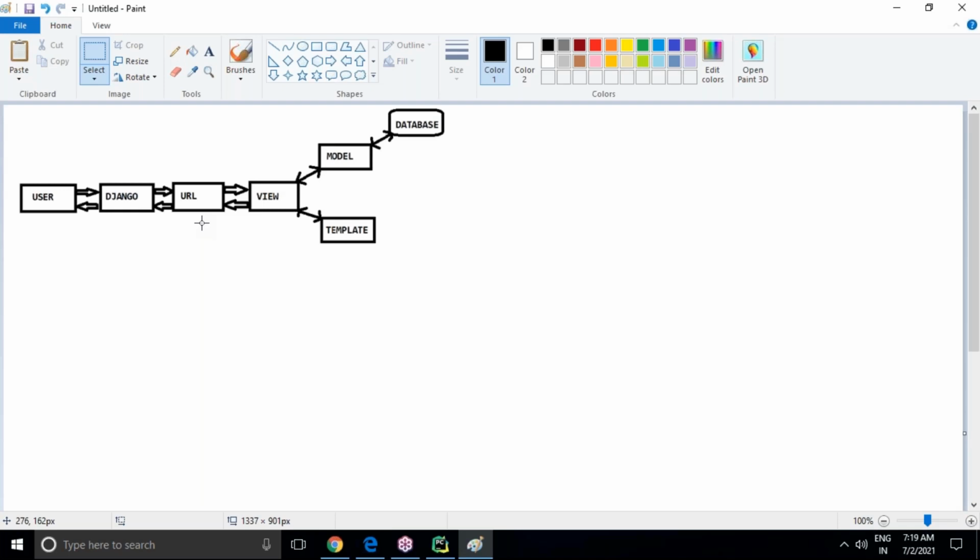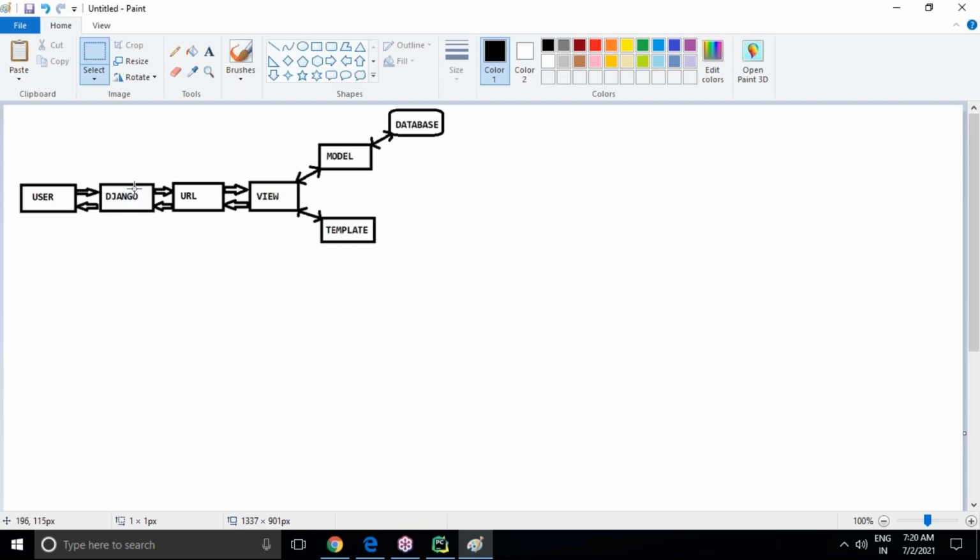Here the request and response happen completely using HTTP. Yes, HTTP request and HTTP response. Through an HTTP request we send the request, and through an HTTP response the server gives the response. Look at this diagram clearly. Here the user will send a request to the server, like Django.